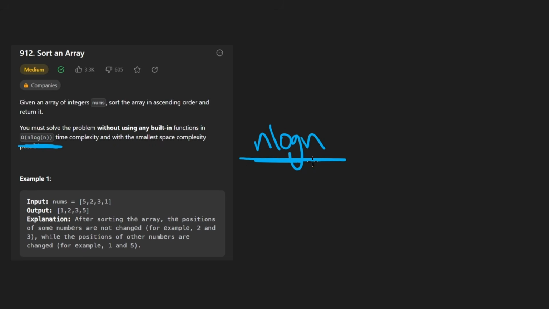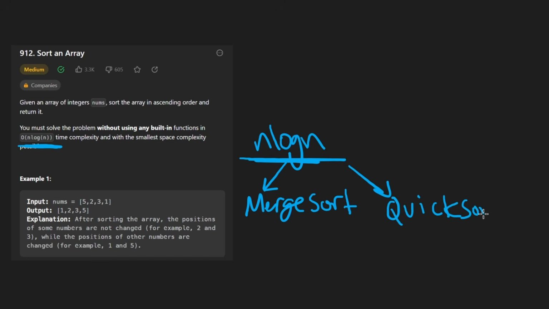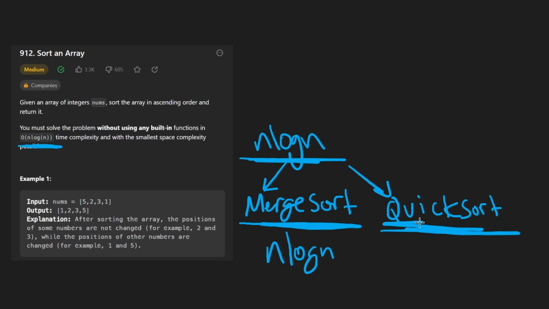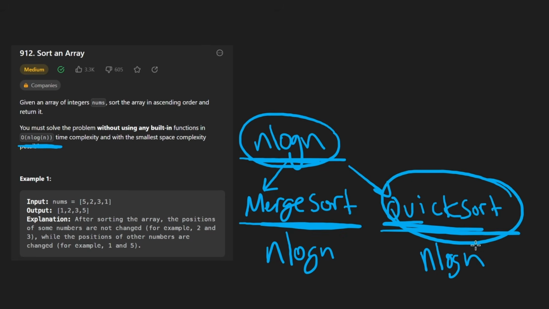There's a few algorithms that can satisfy this complexity. The most famous ones are merge sort and quicksort. Both of these are recursive algorithms. Merge sort runs in n log n time. Quicksort on average will run in n log n time. In the worst case, I think it can be n squared. In the best case, it can be n log n, but usually people will assume that quicksort is an n